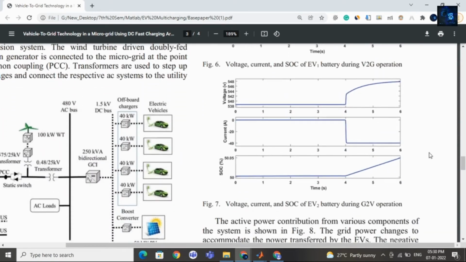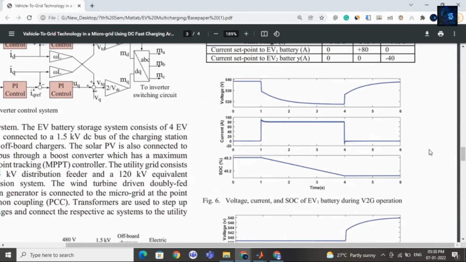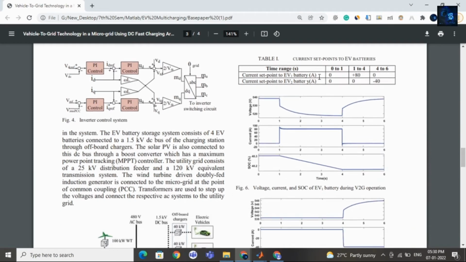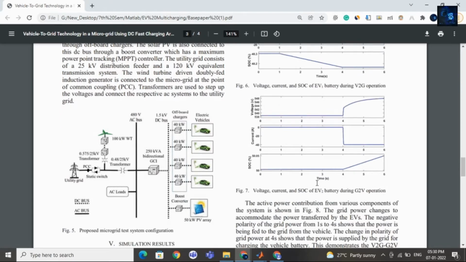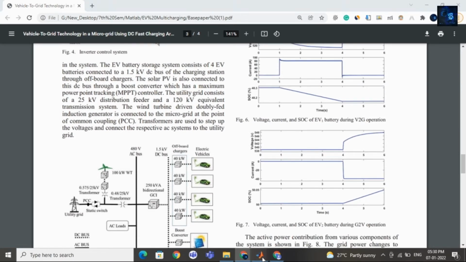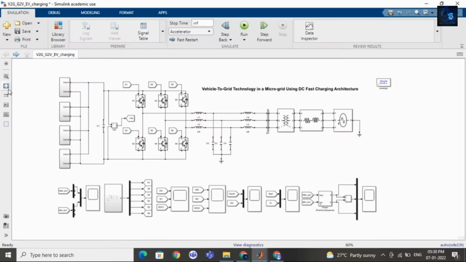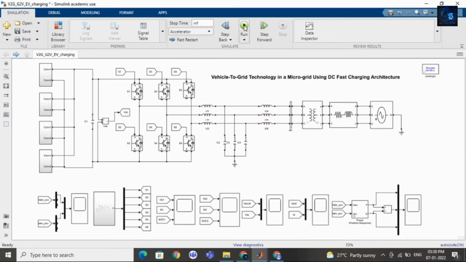Wait, I will run the simulation. Here you can see the current set points of EV1 and EV2, and here you can see the waveform of EV1 and EV2. Now let me run this design and we will check results.